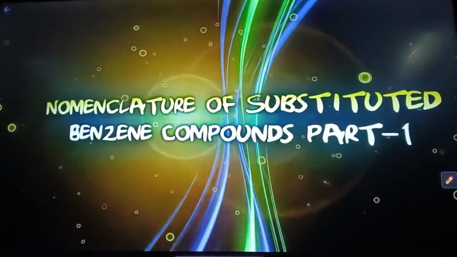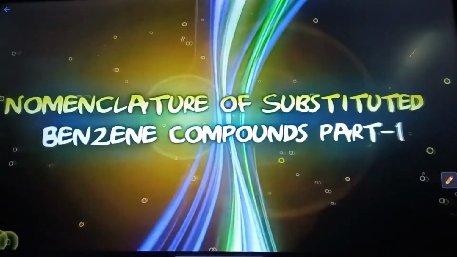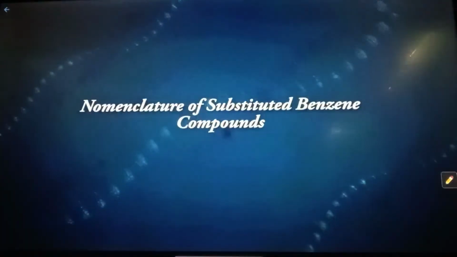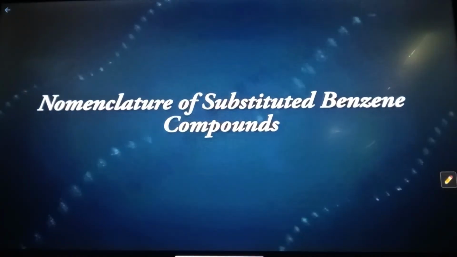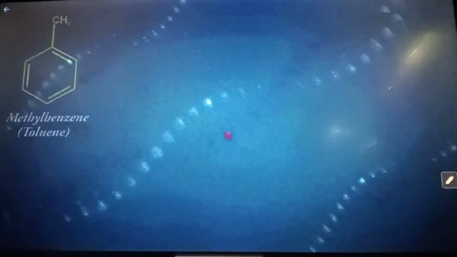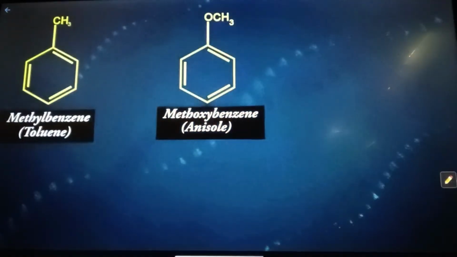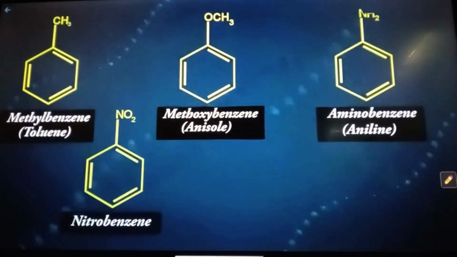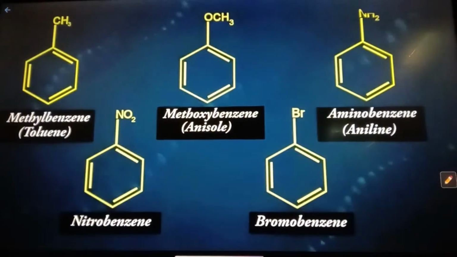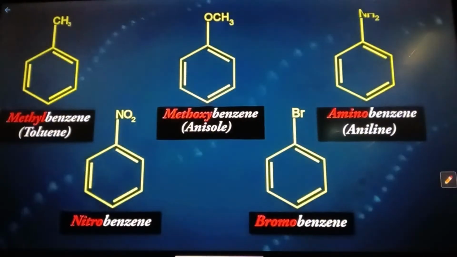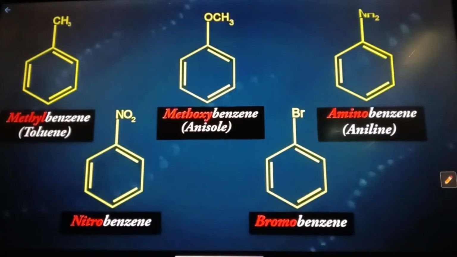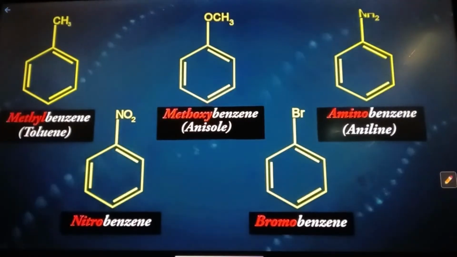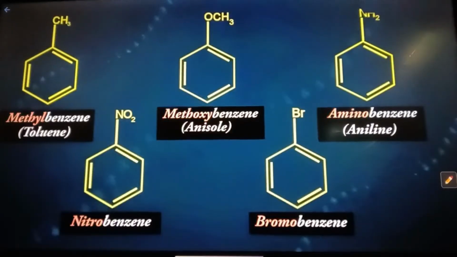Nomenclature of substituted benzene compounds. Part 1. Now let us understand about the IUPAC nomenclature of substituted benzene compounds. In substituted benzene compounds, the substituent is placed as prefix to the word benzene, as shown in the following examples, like methylbenzene,